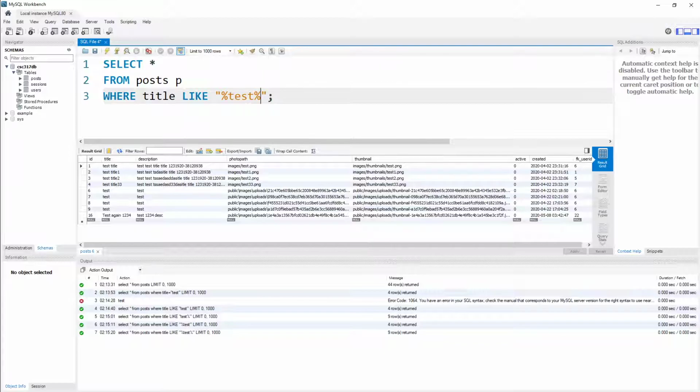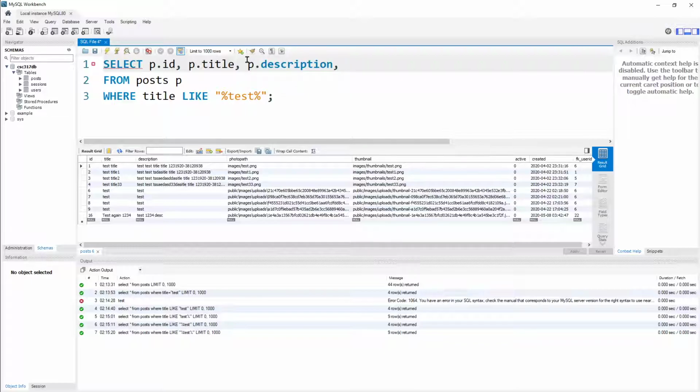So what I'm going to do now is change the select statement. I'm going to grab the post ID, the post title. Notice I'm doing p.title and p.id. That way, when I grab the user ID, instead of just doing ID, I can do u.id. And you'll see how I'll do that in a second. You want to make sure that there's no ambiguous names in these select statements. So post.title,